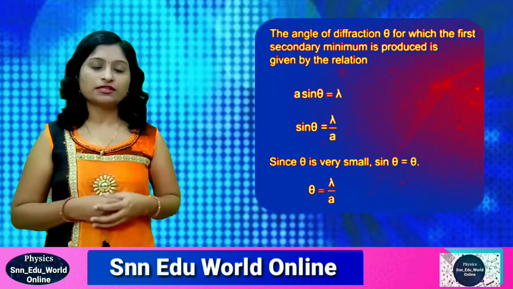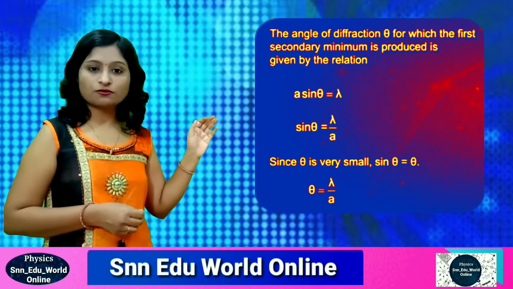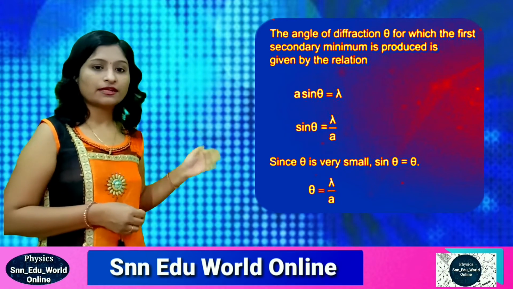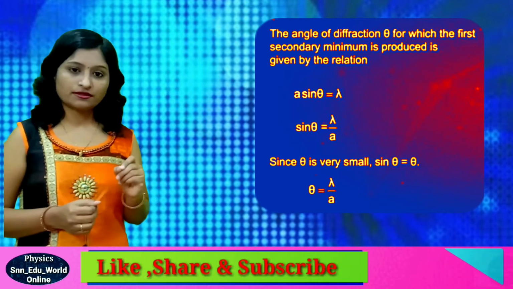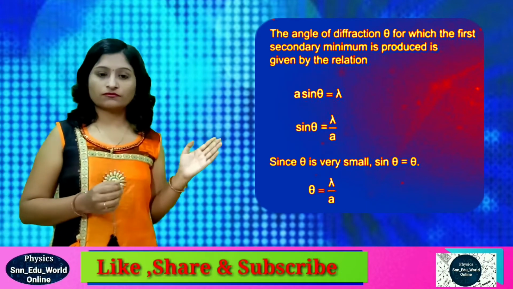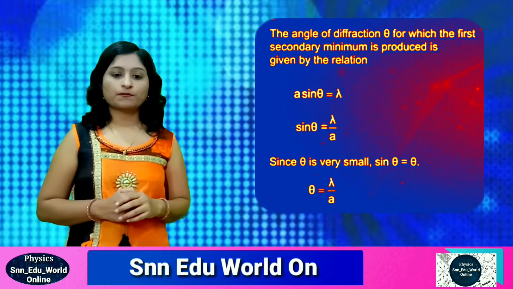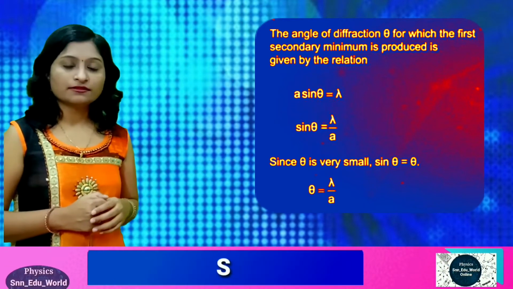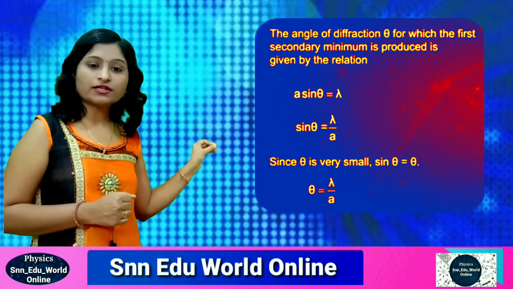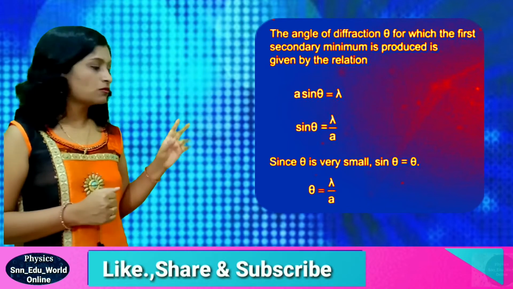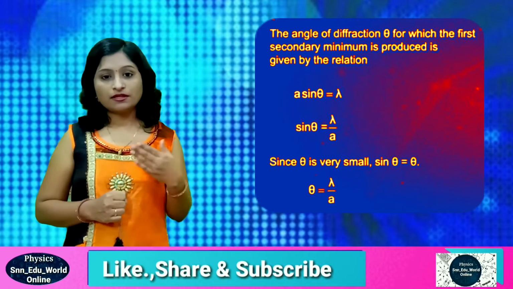So here we will get theta equals, I mean sin theta equals lambda by a, and instead of that we can write theta equals lambda divided by a. That means the angle of that slit tilted, that angle theta, we can find with lambda by a. Okay, so from this we can get the position, it will be the first minima. Okay, so if we keep theta equals lambda divided by a, we can get the minima.